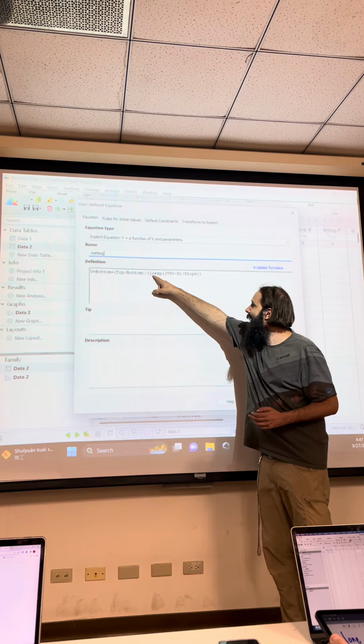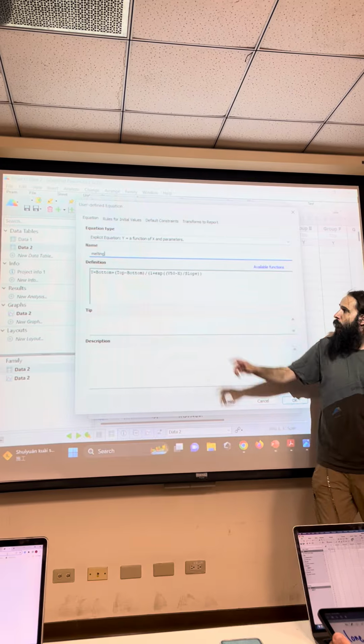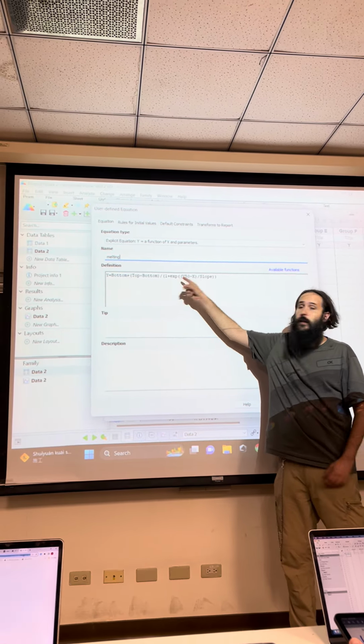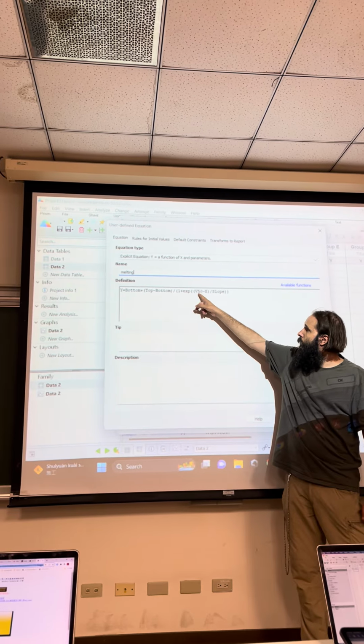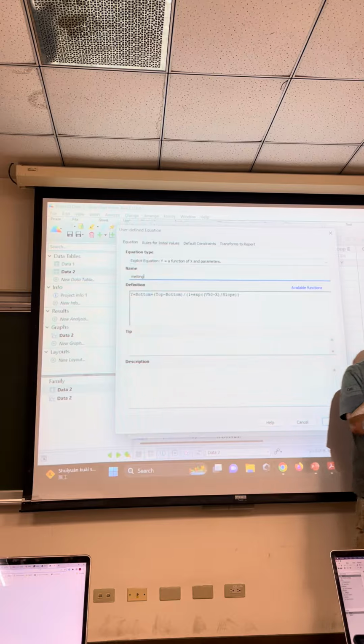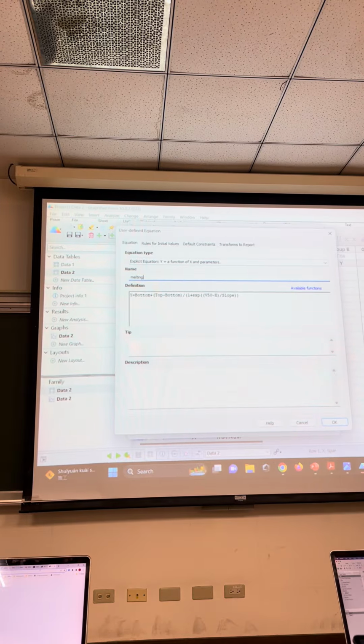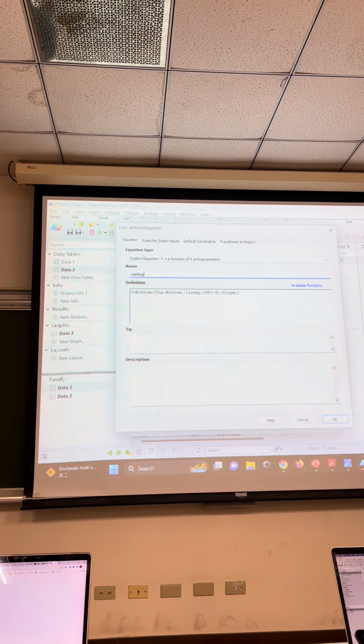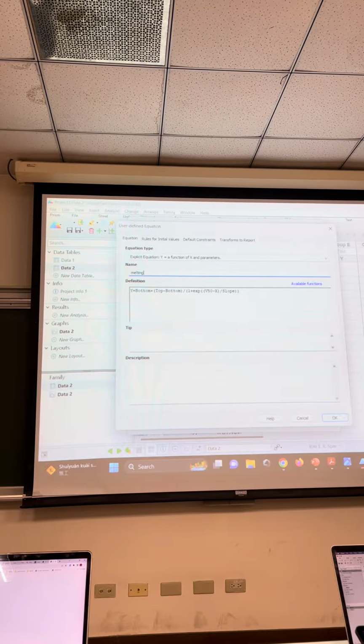Okay? And then in here, okay, we have 1 plus e to the power of V50 minus x divided by slope. Okay? So notice that basically this is very, very similar. It's just sort of turned around. What we want is to go back to our equation, which means that we're going to get